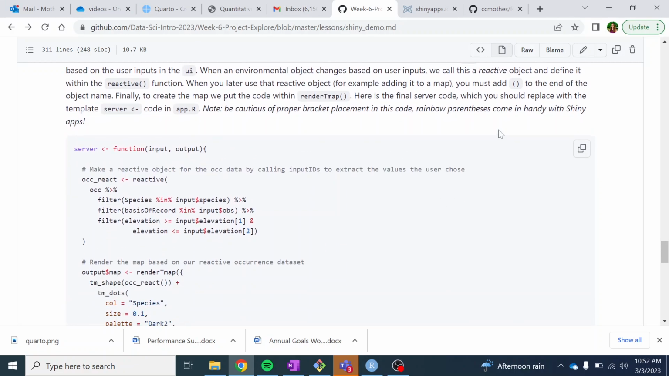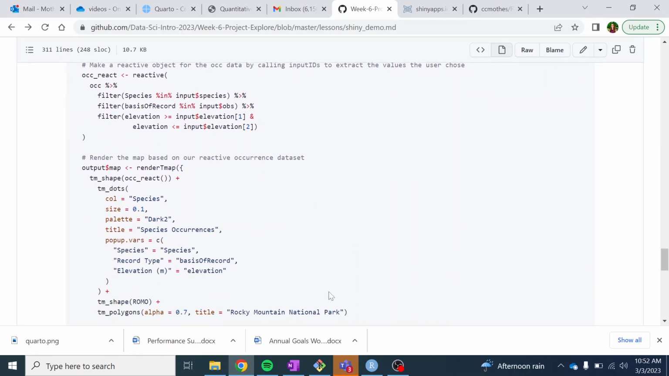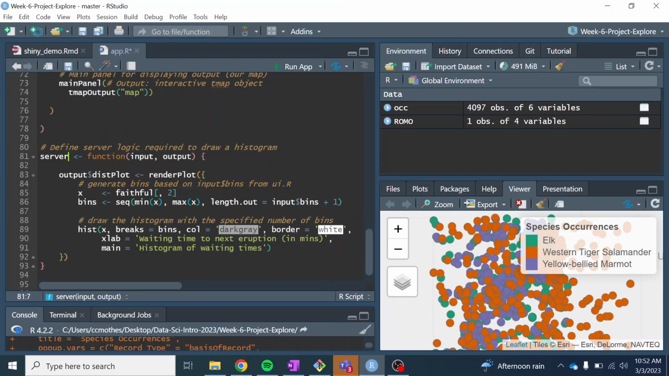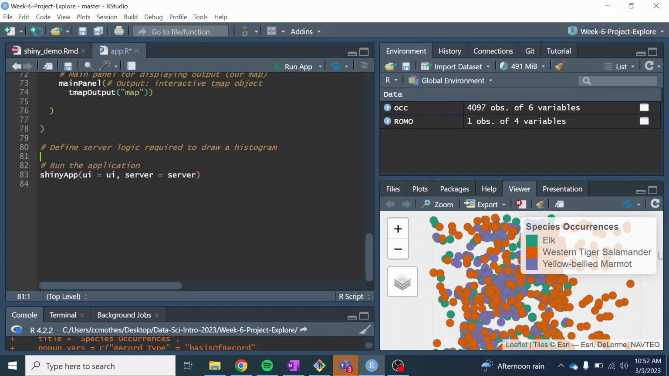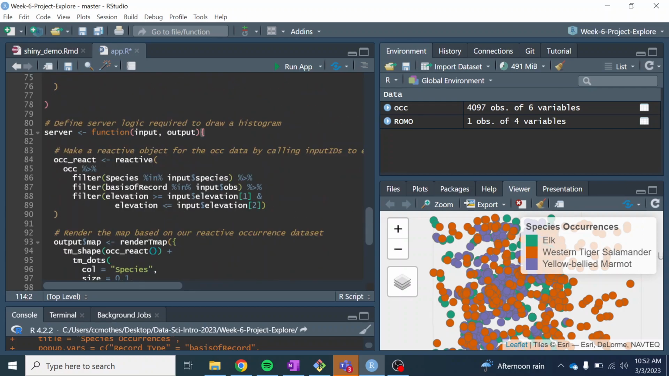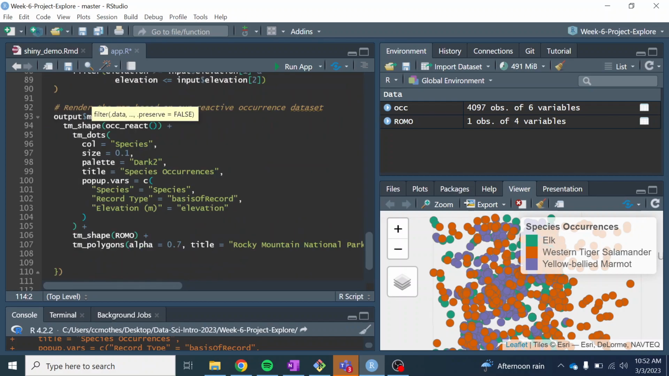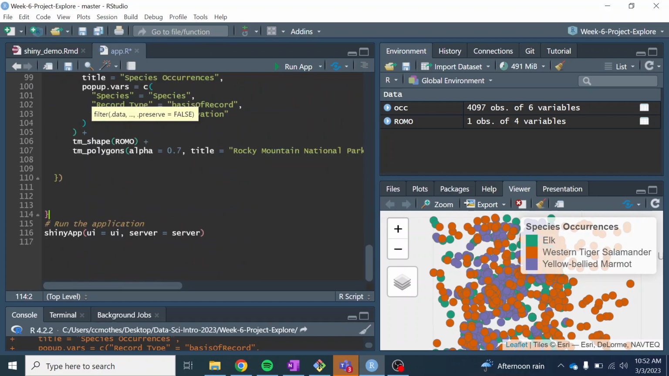Okay, so for efficiency, we are just going to copy this whole chunk, go back to the app script, and I'm going to delete everything, pink bracket to pink bracket, and then paste the new server. Okay, after that, everything is the same. We still have the same Shiny app call because we still named user interface UI and server. And now if we run app,